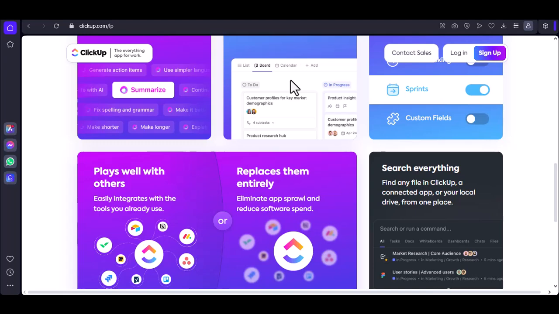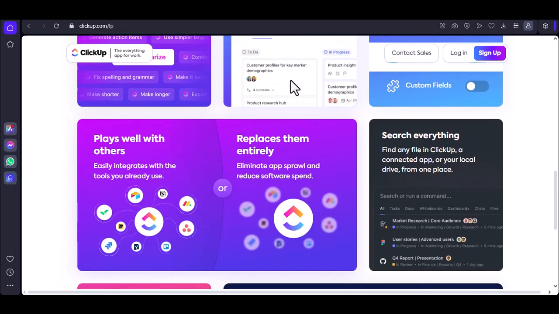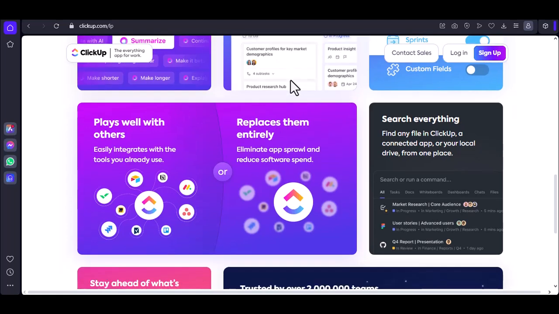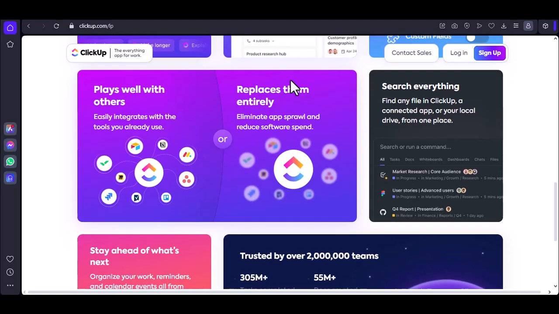Ask for help. If you're still struggling, don't hesitate to reach out to your team or ClickUp support for assistance. Finding people on ClickUp doesn't have to be a daunting task. By mastering these methods and utilizing the search tools available, you can quickly and efficiently locate the individuals you need